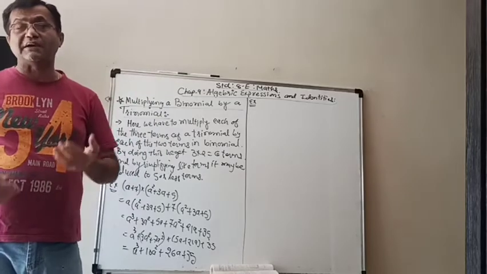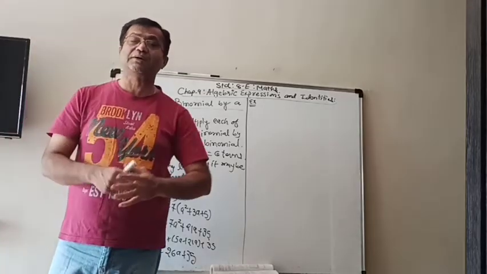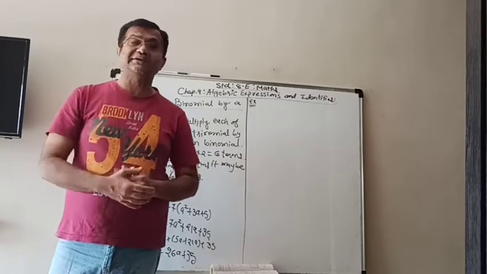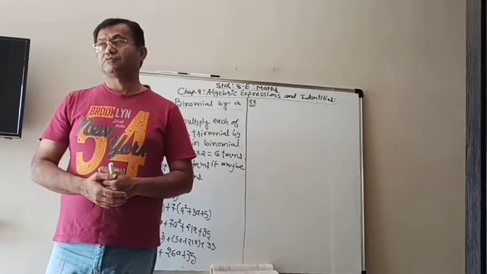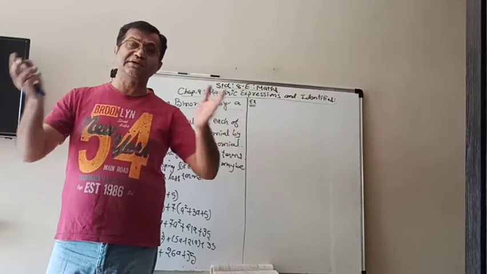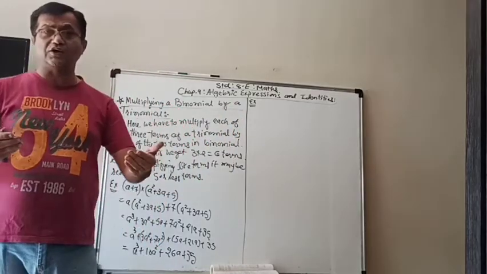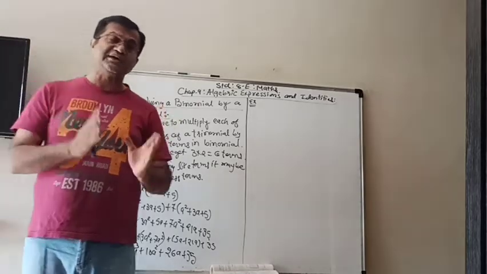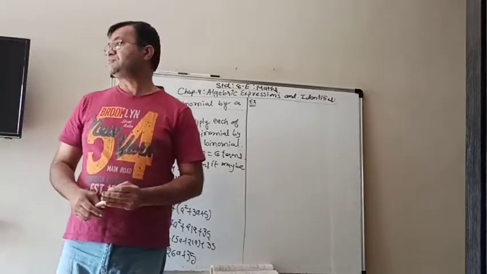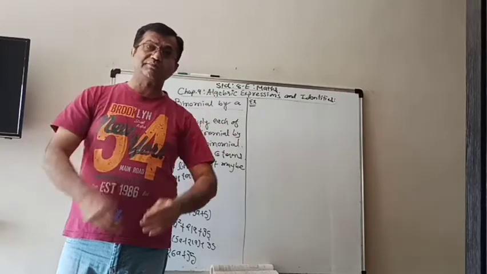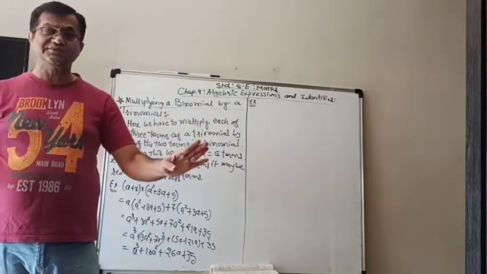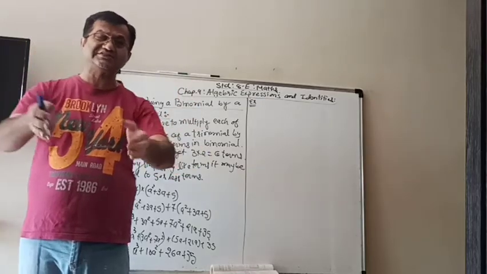And then we simplify the like terms, if there are some. So those 6 terms can be reduced to 5 or 4 terms also. It depends. If there are some like terms, we have to bring them together and simplify. If there are no like terms, there will be a total of 6 terms.